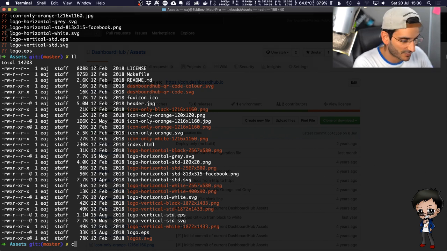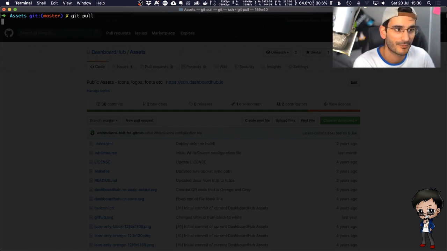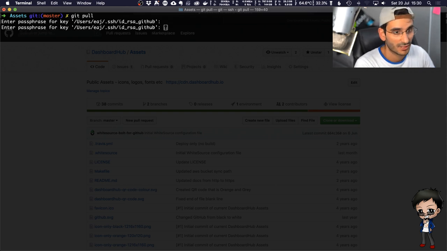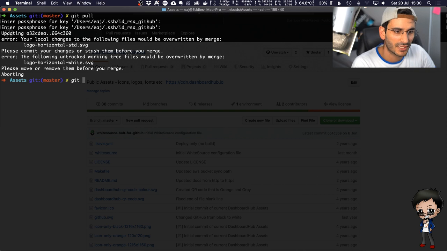So let me start again from the beginning. Let's just clear that and reset. So what I did is I tried to pull the project. I did a git pull, and I typed in my SSH key, and I just spelt it wrong. That's not a good start. Let me move my keyboard around slightly. And it says error, you've got things that will be changed. So I thought, oh really? Okay. Haven't worked on this project in a while.